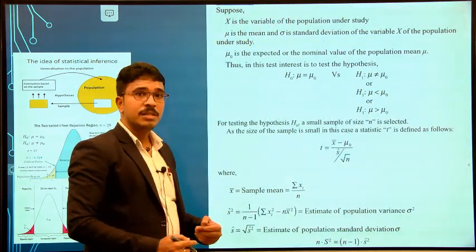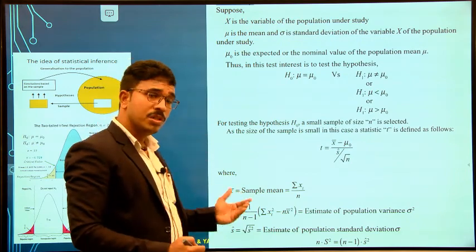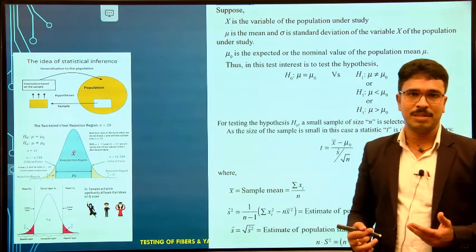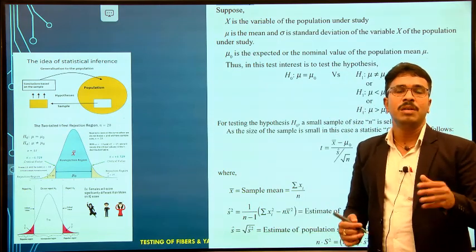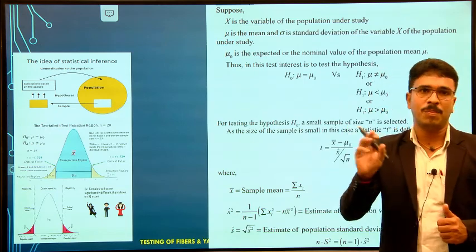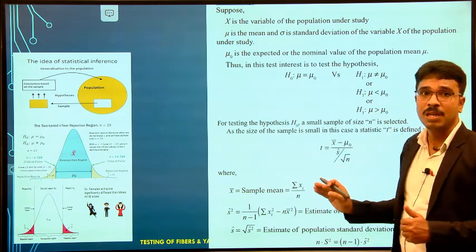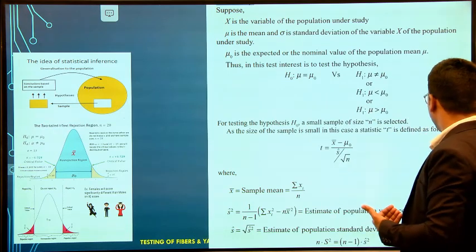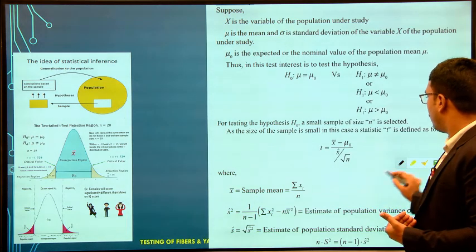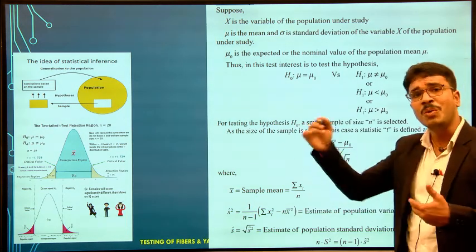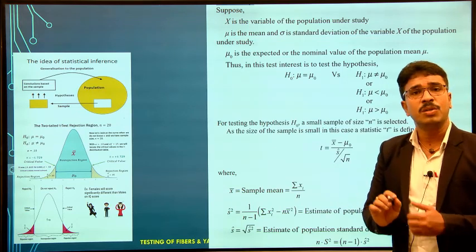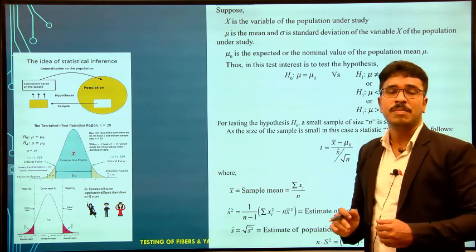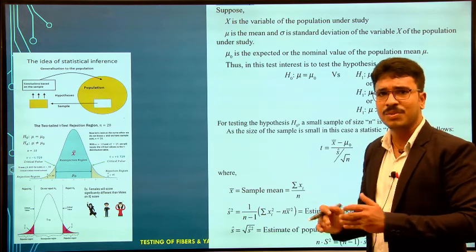Here is the entire process of how to test our hypothesis using this small sample test, or if our concern is related to testing the mean of only one population. Here is the entire procedure, from how to set our hypothesis, what formulas we need to use, and how to proceed with this t-test. Understand carefully. This is similar to the z-test. Only the formula is going to change.